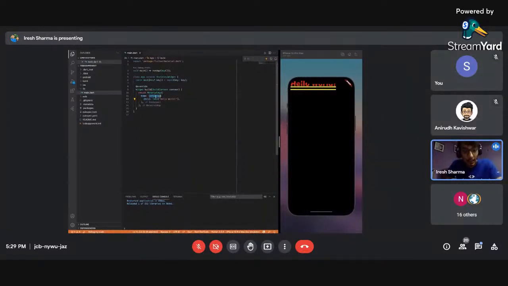This widget is called container. Now this widget has a child attribute, which is again a widget. So this is what an app looks like right now. It looks terrible. Let's go ahead and make it better. So Flutter gives us something called scaffold. So if I put a scaffold here